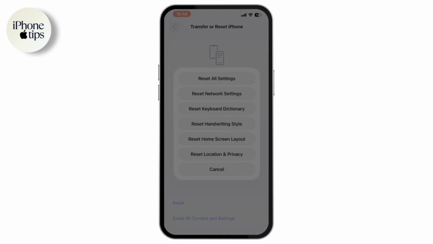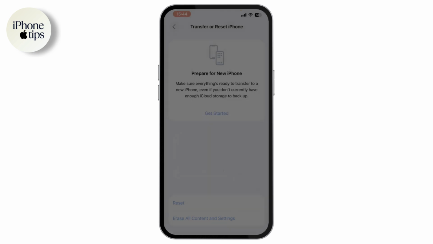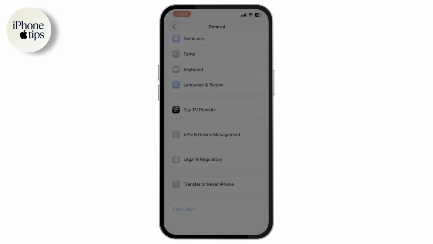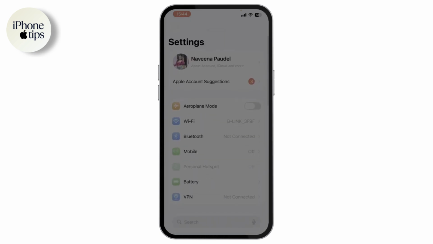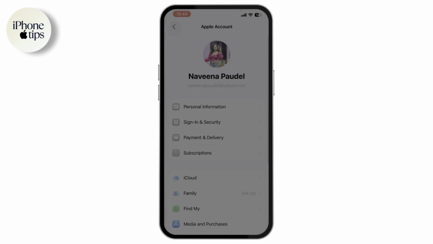Now you need to reset your network settings. After resetting your network settings, your problem might be fixed. If that doesn't fix your problem, then the next thing you need to do is go back to your settings and then tap on your name or your Apple ID,